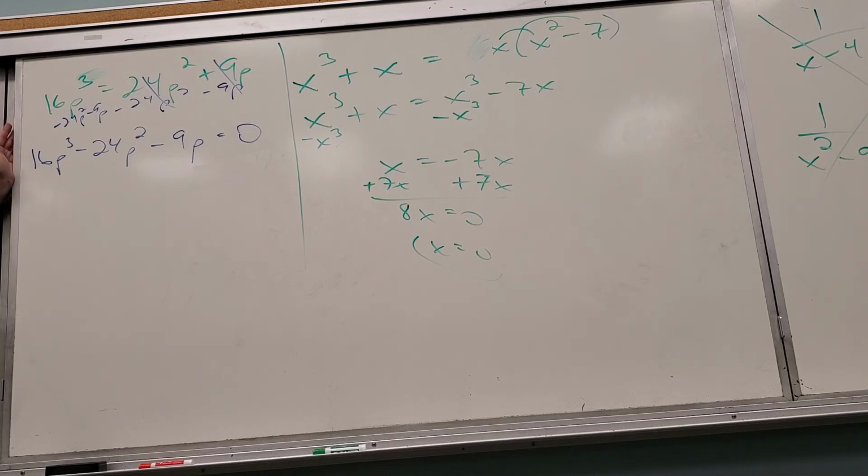Got it equal to 0, and now what do I do? Just take out a p. Yeah, start to factor, right? Take a p out. Get anything else